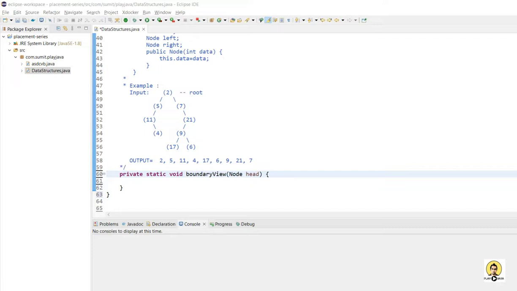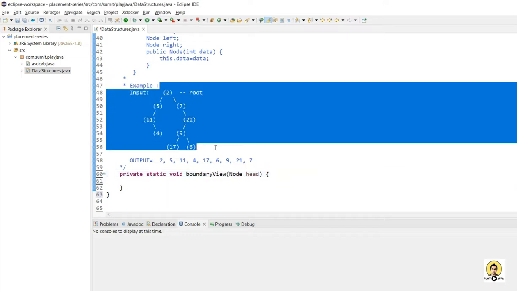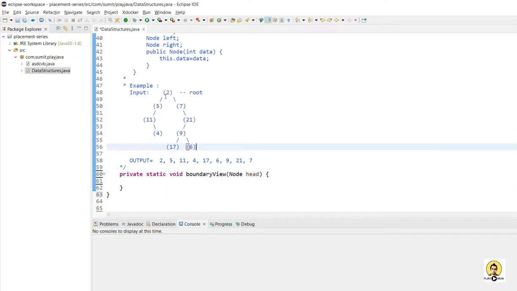Hi, in this lecture we will see how to print the boundary nodes of a tree. So if you look at this tree, this is a sample tree which I have drawn here. If I go to the boundary nodes, I will see that 2 is coming, and if I traverse on the left hand side, then 5 will be coming like I showed here, then 11 and 4 will be coming,